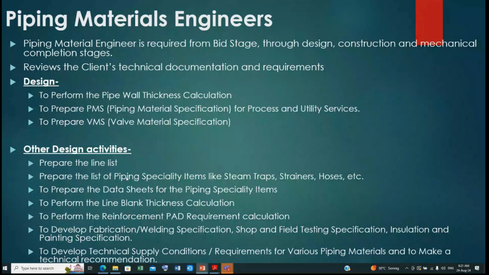To prepare the list of piping specialty items like the steam traps, strainer, hoses, etc. So generally the components like the pipe, elbow, reducer, T, gasket, valve, bolt, we call all these components standard piping components. Other than this, we have few components like the steam trap, strainer, hoses, or different layout special parts, like funnel or the bird mesh. These are also included in the piping spec, but they are called special items,